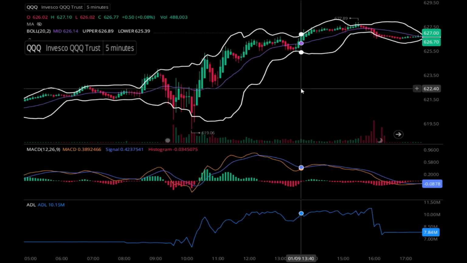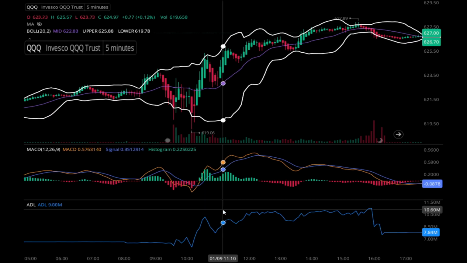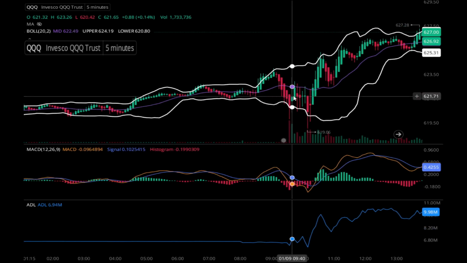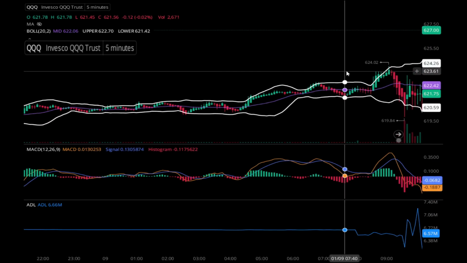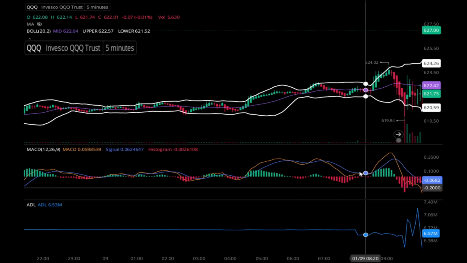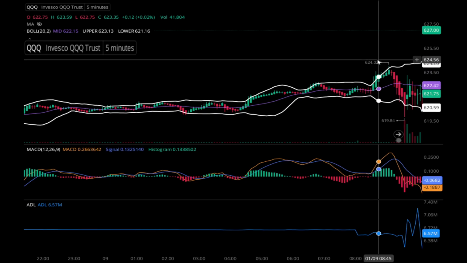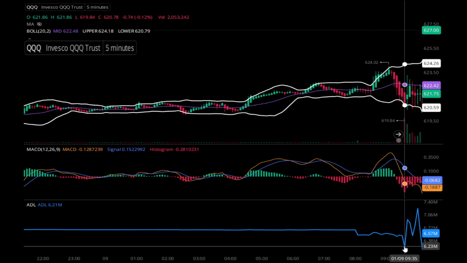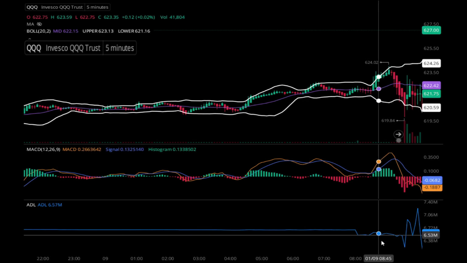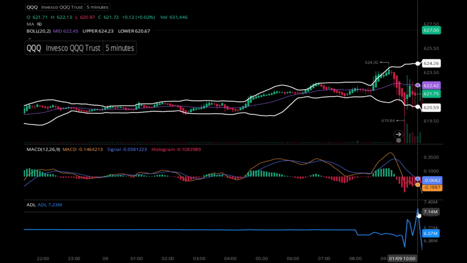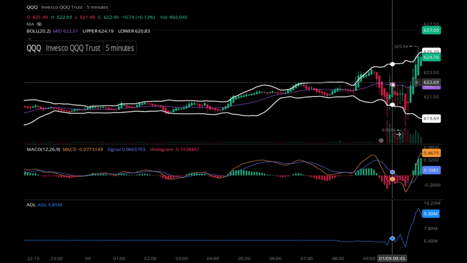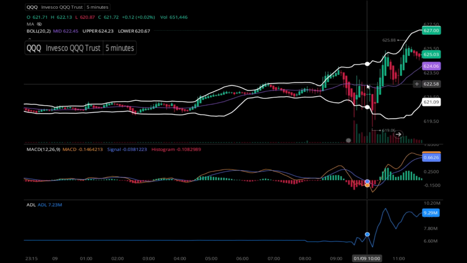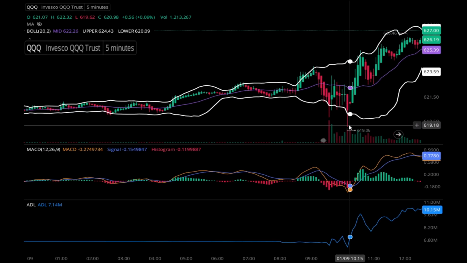Now, what is another tool that I really, really like to use? That is the ADL. That tells us exactly if there's money flowing in or out of the fund. Now, when we saw the price open, we saw it pull down very, very aggressively to that 619.84. However, all of a sudden we see the ADL start flaring back up. Okay, we see it flaring back up, and then we see another rejection at the 20 mile. From that rejection, we go all the way back down